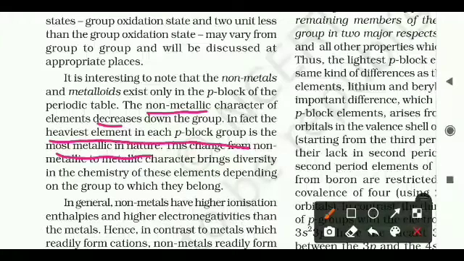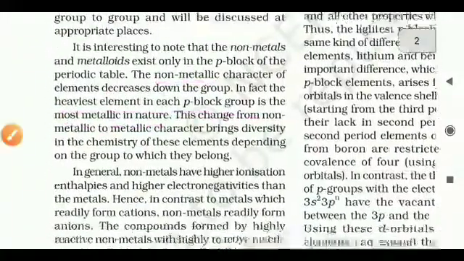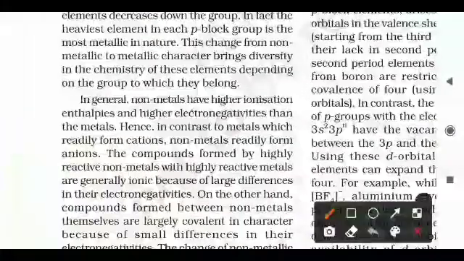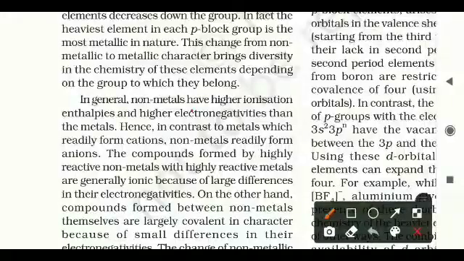And whenever a highly reactive non-metal combines with a highly reactive metal, they form an ionic bond with each other. Now let's see the non-metals, because whenever we have to check the properties of non-metals,